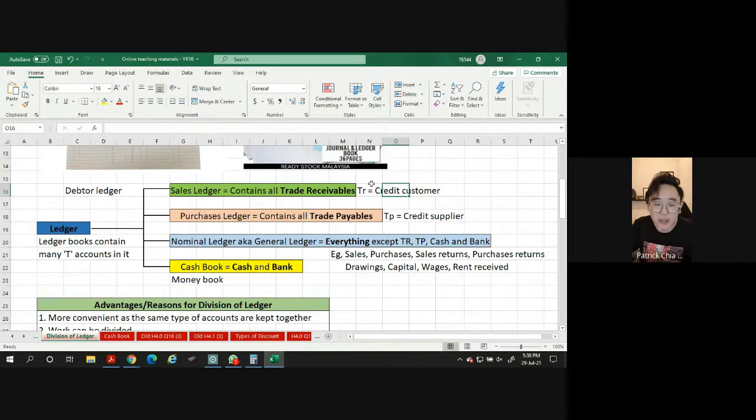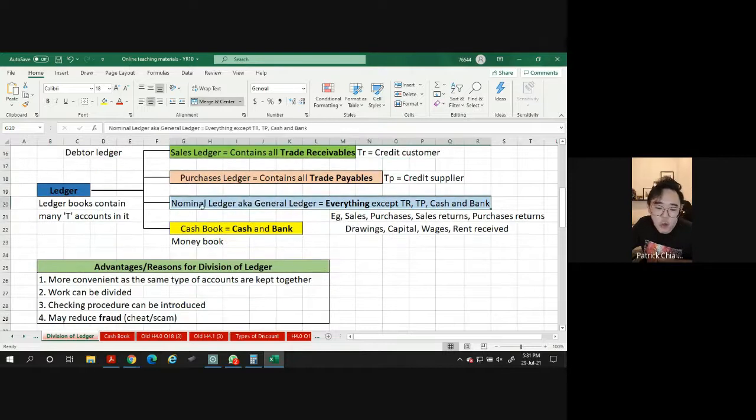By the way, all these are credit customers. What is a credit customer again? The people that we sell to and they haven't paid us. They owe us money. So are they important? Super important, correct or not? Their names are all super important. I need to have individual accounts to write down how much they owe me, how much they have paid back already, and how much is still owing. You have to imagine how things work, the workflow. That's the reason why people do all these things.